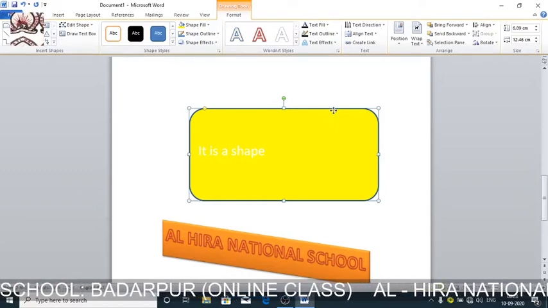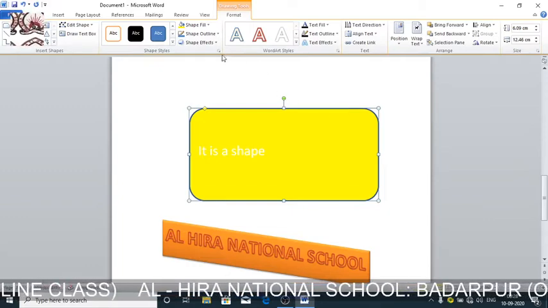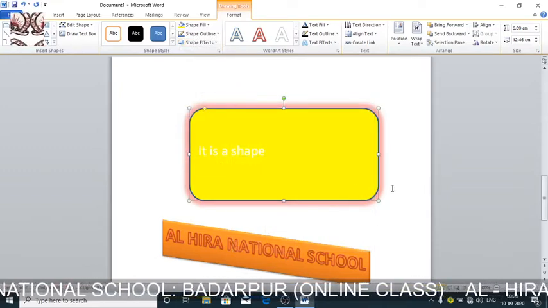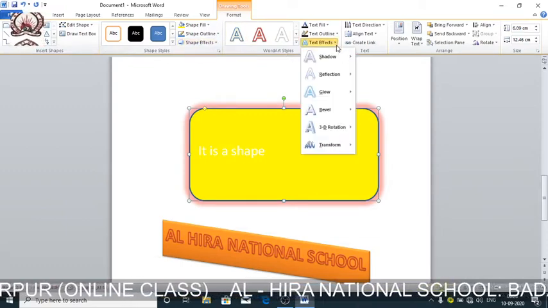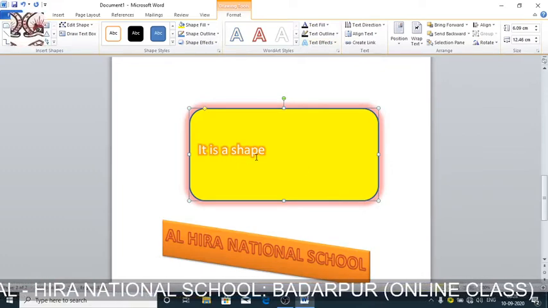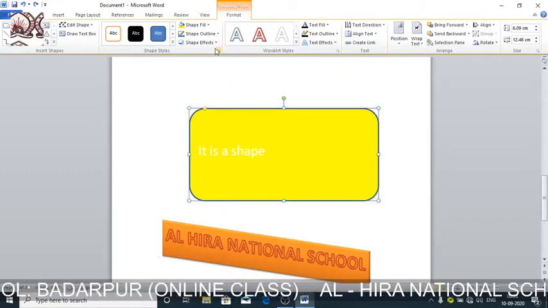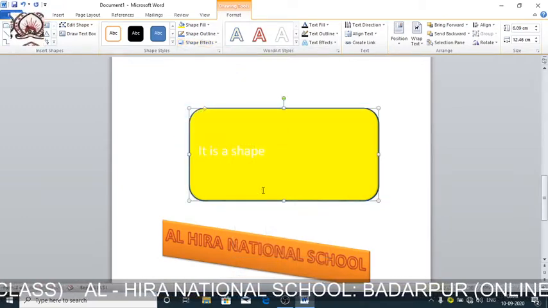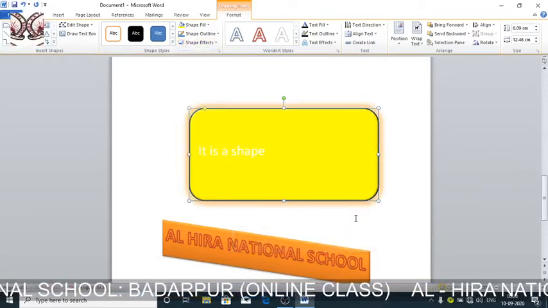We can also give a shadow to the shape also. How? We'll select the object, then we can see effects. You can give any effect to the shape. There are so many styles. Text effect also you can give. You can see shape effect also. I'm showing again how I brought the shape effect. Select the shape and then give a shape effect. We can take any type of effects. Say I've taken this effect, so it has come like this. Or else you can take like this. Say this one, so it has come like this.